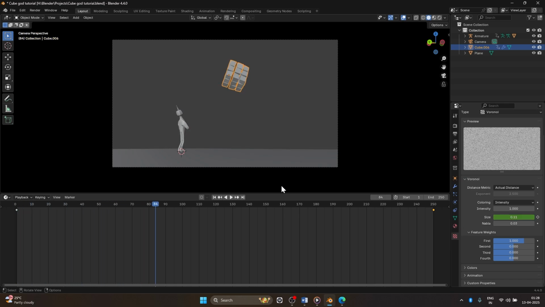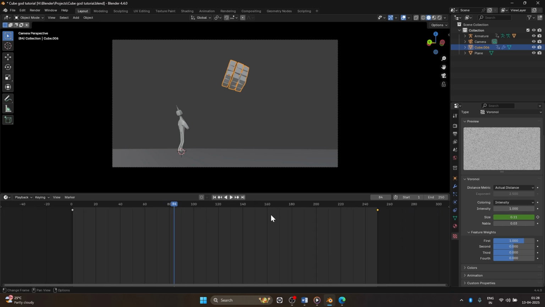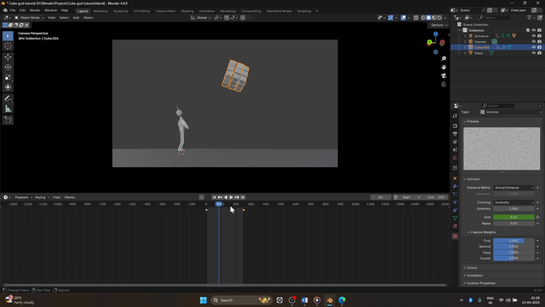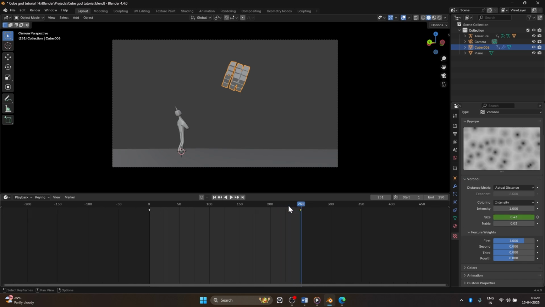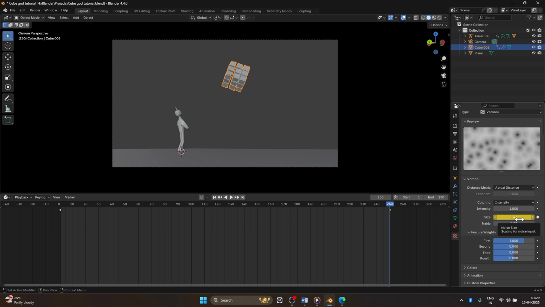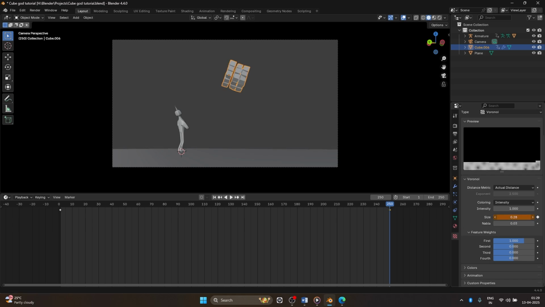Alright, so we are halfway there, we're almost there. So the problem with this is that it's moving very fast. So what can we do to make it very slow? So there are different ways you can lower the, what was it in frame 250? It's 43, right? So you can just press on maybe 13 and